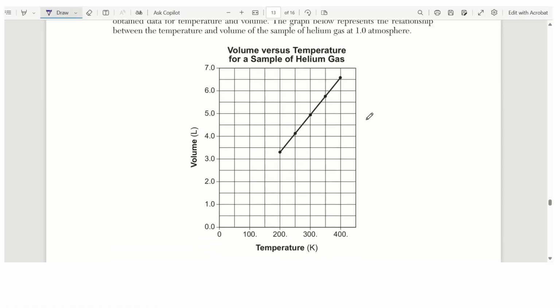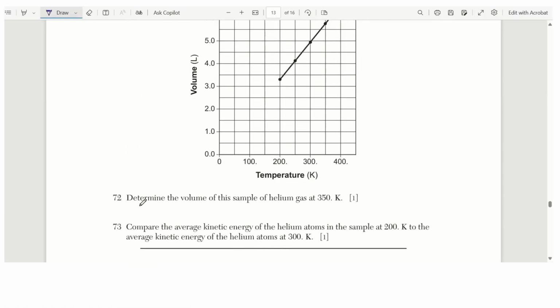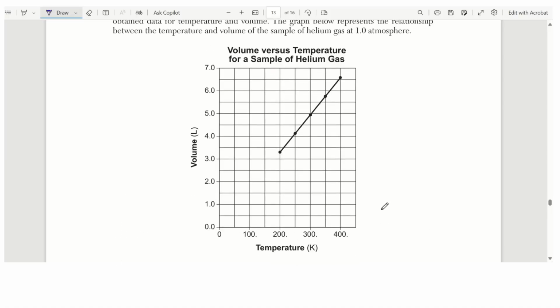All right, question number 72 and 73. 72, determine the volume of this sample of helium gas at 350 Kelvin. So that's this point, go across, it's right here. So what do I put? It's maybe, this would be 5.5. This is 6. So like